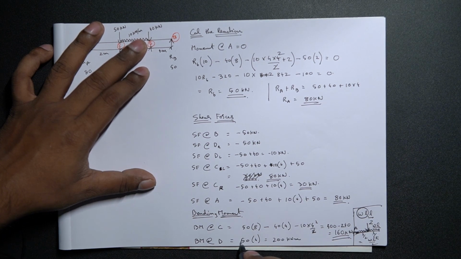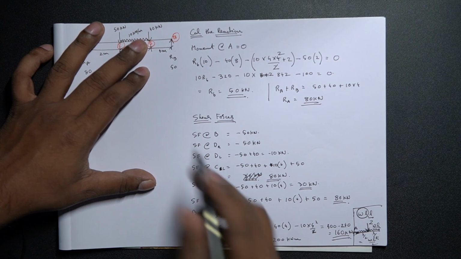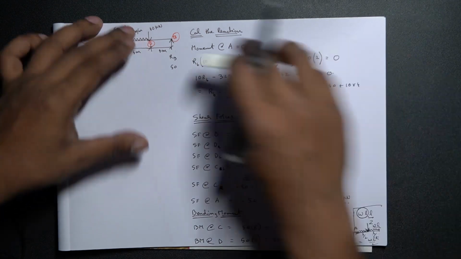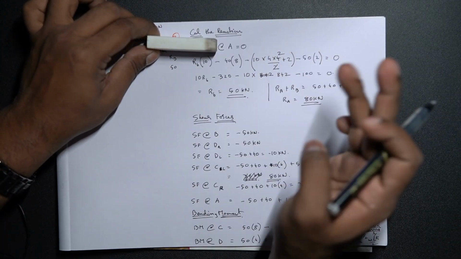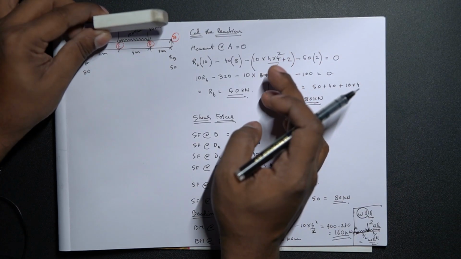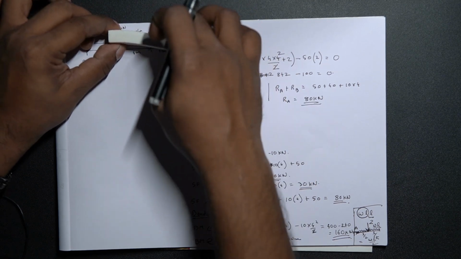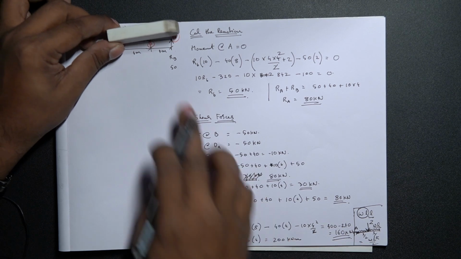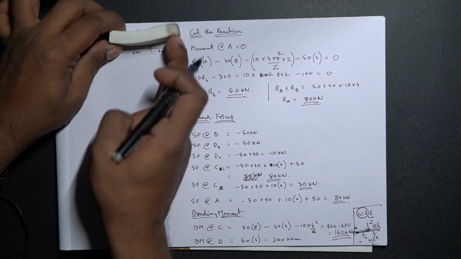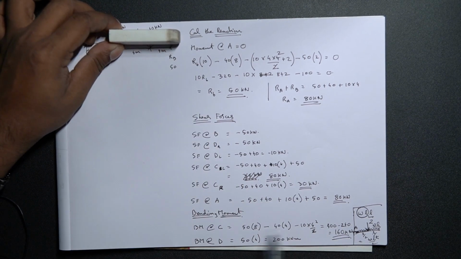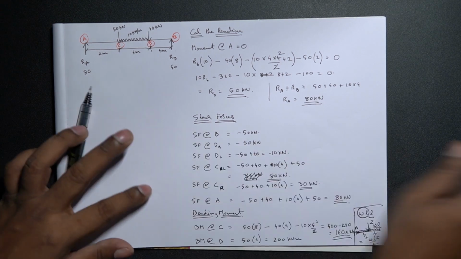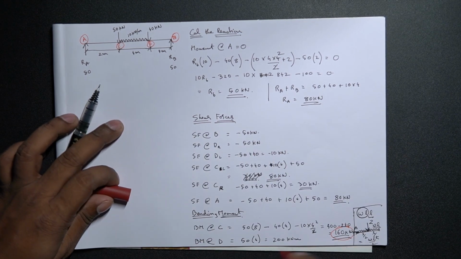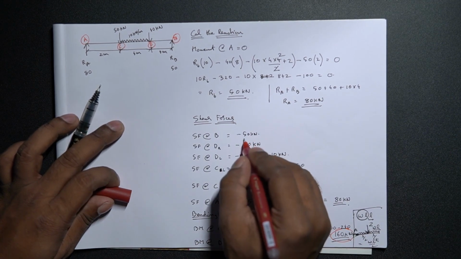Now, the moments here are positive because it is creating a sagging action, so it's positive. Similarly over here, it's hogging, that is the reason why it's negative and negative here. And 50 is again pushing from bottom, so it is positive over here. So we have the two bending moments, we have the shear forces,